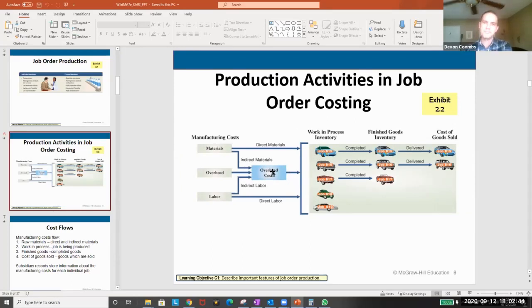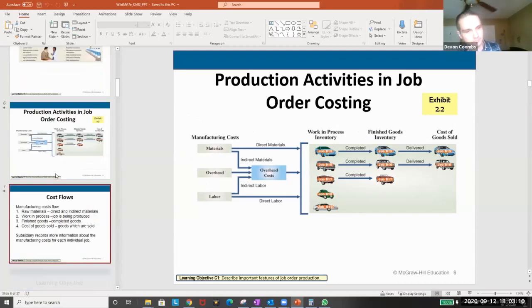And so from a working standpoint, we'll still have our work in process, finished goods, and cost of goods sold here. But we'll be tracking it by job. And so we'll see, okay, how far along is the job? Is the job complete? If it's complete, then it's in finished goods. If it's not complete, it's in work in process. And then any of our raw materials are over here. And then finally, when we sell it, then it goes into our cost of goods sold and our revenue.